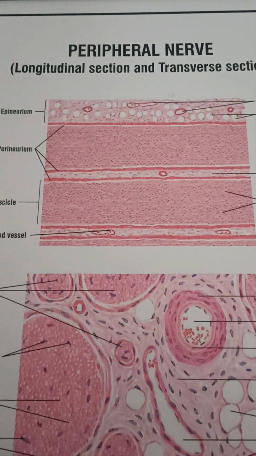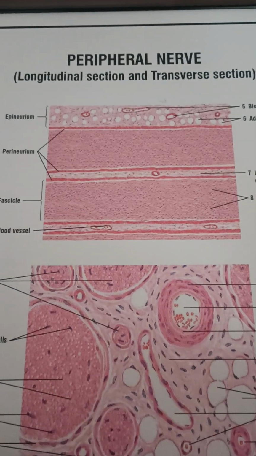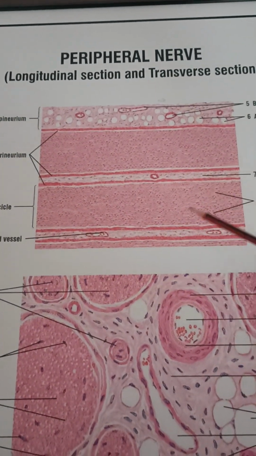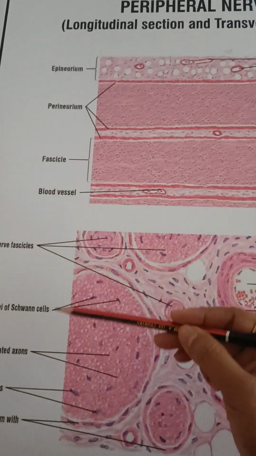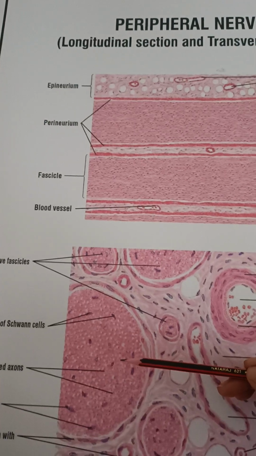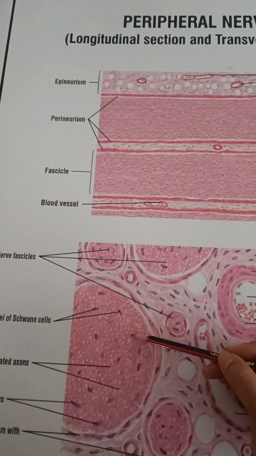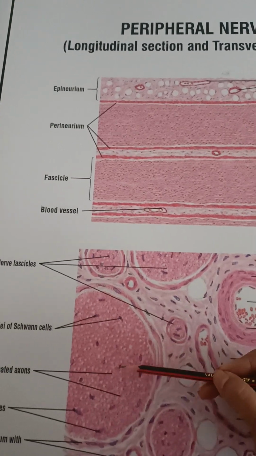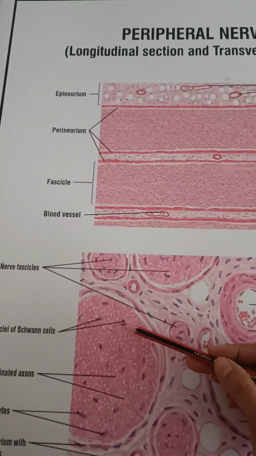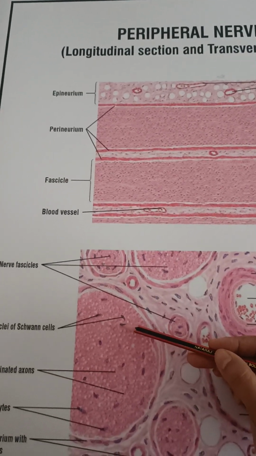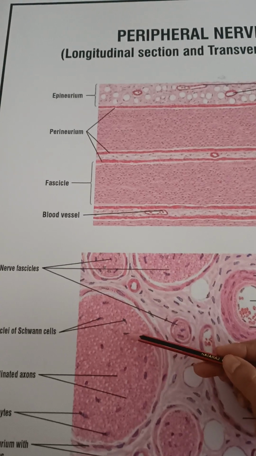In this particular video, you can see the peripheral nerve. This is the LS, longitudinal section, and this is the transverse section. So you can see the transverse section, and each nerve fiber which is present here has got an axon, and it is covered by Schwann cells. You can see the Schwann cells surrounding them. So these are the Schwann cells, and each one is an axon, and they are present over the basal